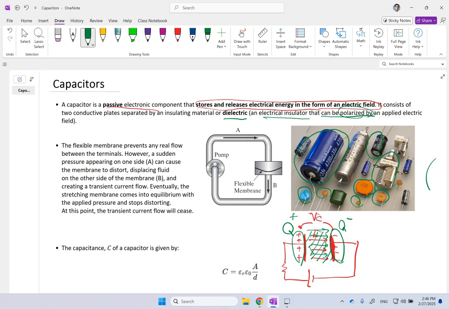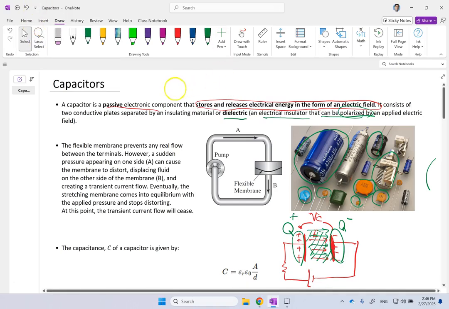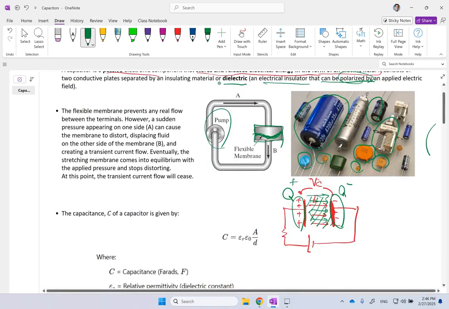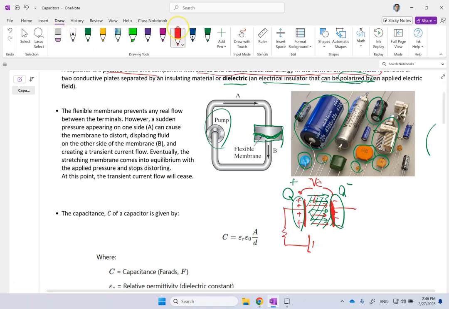But if I want to give you a similar thing in a fluid system for charging and discharging a capacitor, I can talk about a pump which is connected to basically this chamber with a flexible membrane inside. Because what happens, as we'll see, when you here, if you have a key,